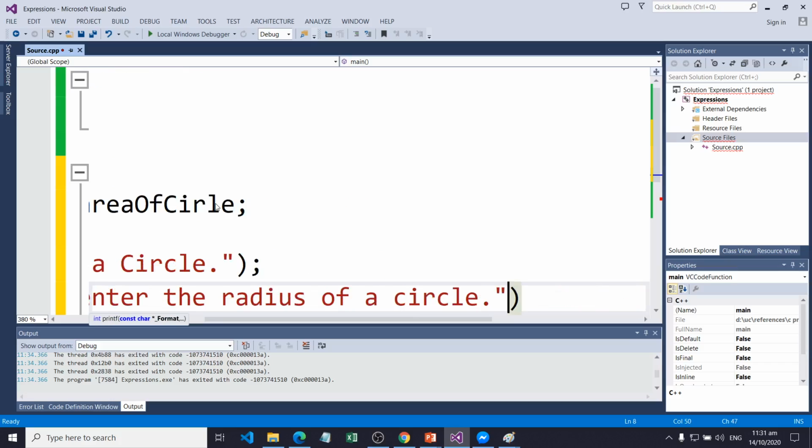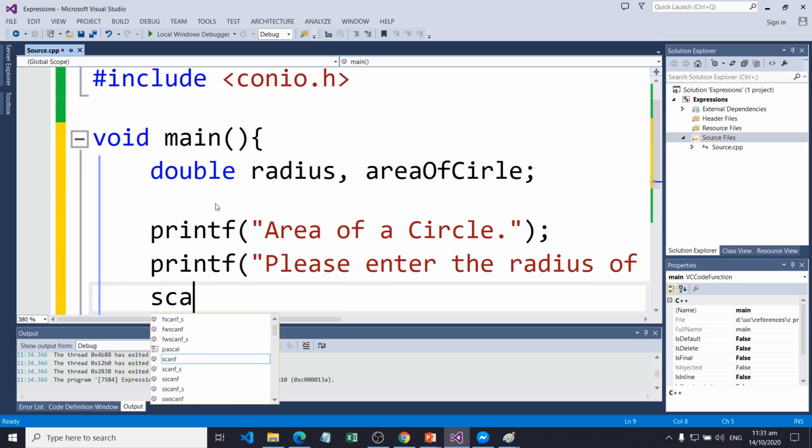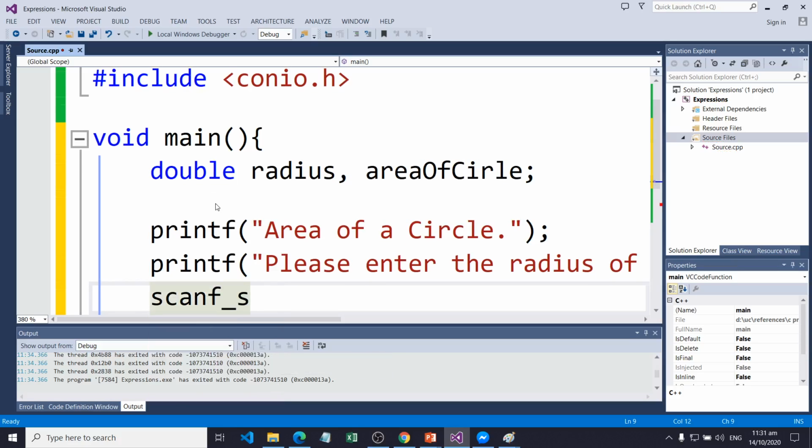So here, for the radius we will be using the scanf. Again, I am using the version 2013, so the deprecated scanf will be replaced by scanf_s. So radius is of type double, so we will be using the format specifier %f and assigned to radius.